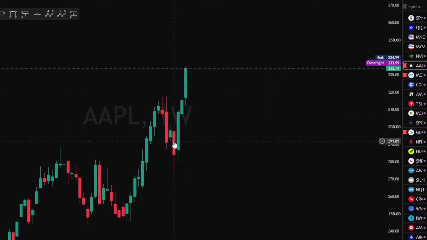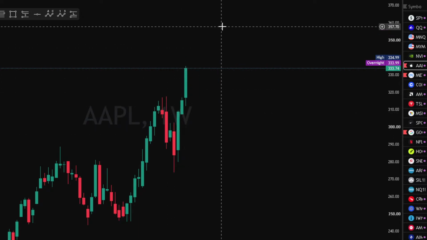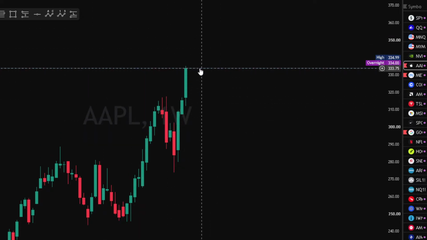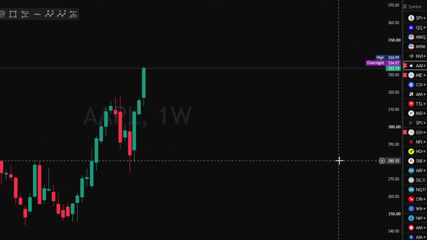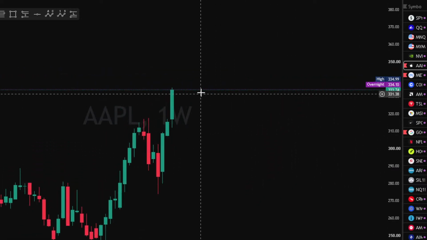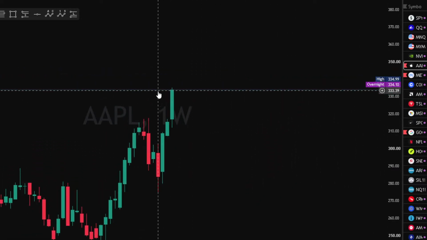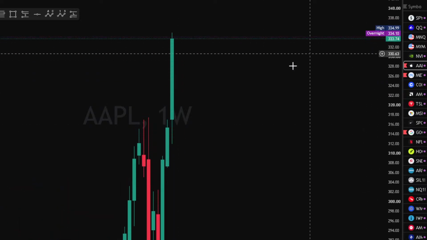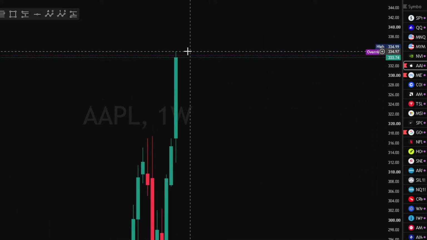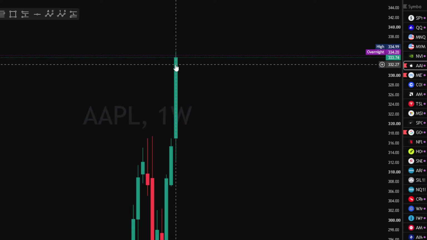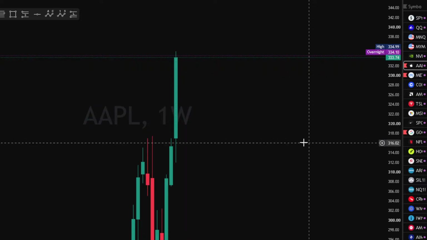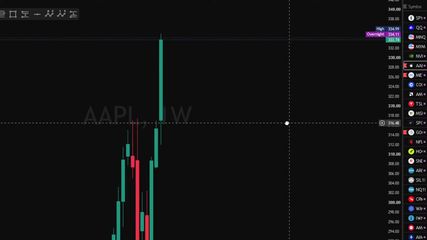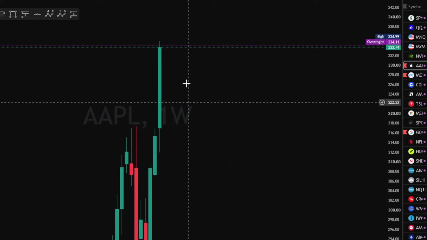Okay. So I'm still looking for longs because overall it's an uptrend. Based on this weekly though, it's a solid green candle. Don't really see a long wick on it, so it's not too scared of rejection. I expect us to come take previous week high, which is 334.99. The only thing I'll say on this weekly, if we end up seeing a red weekly candle, I'm expecting